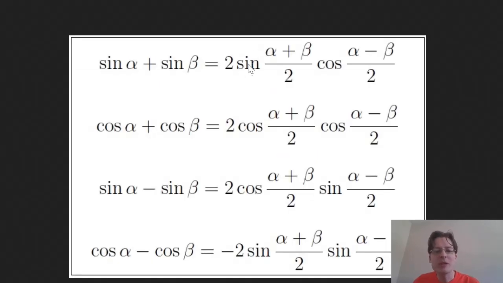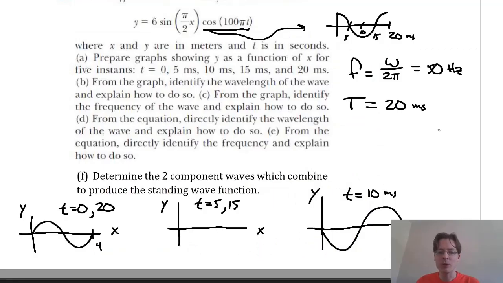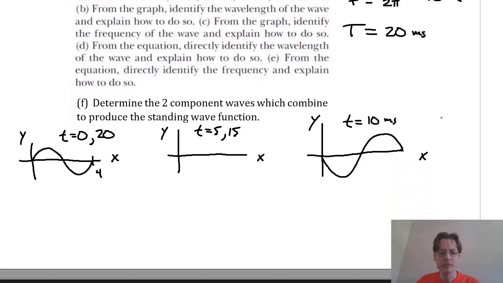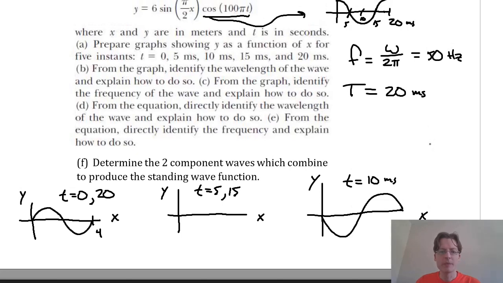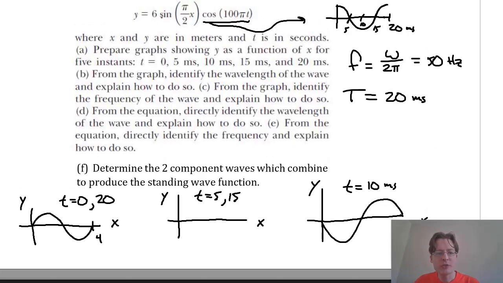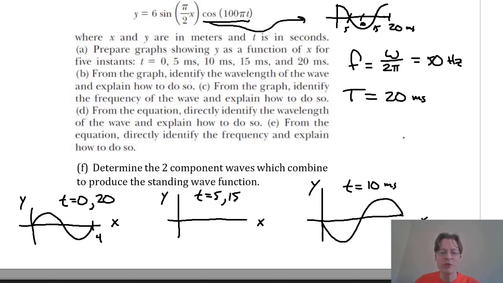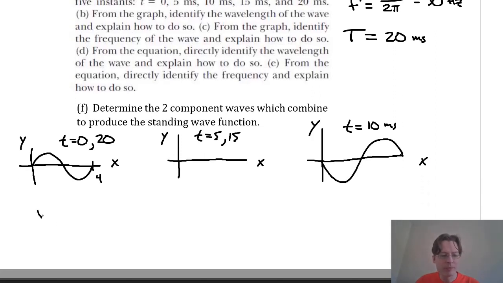We're given it to be sine times cosine, which means that it is sine of alpha plus sine of beta. We can write down exactly what it must be here. If y is 6 sine kx times cosine omega t, that means the two individual waves, y1, must be